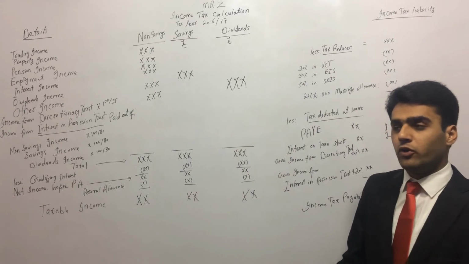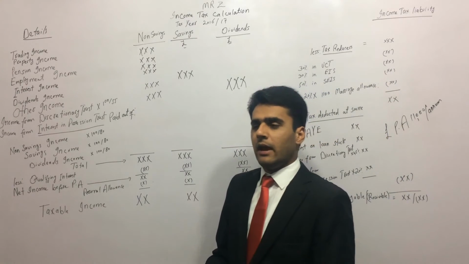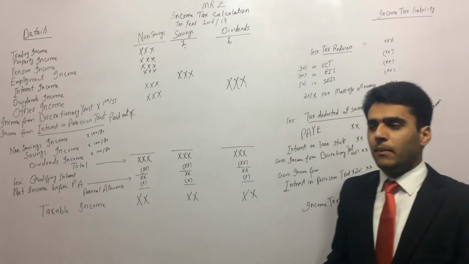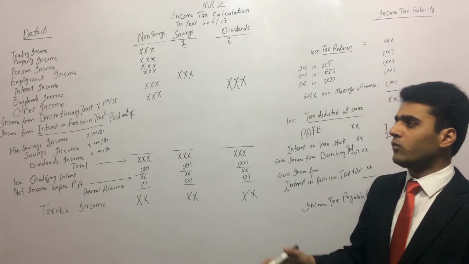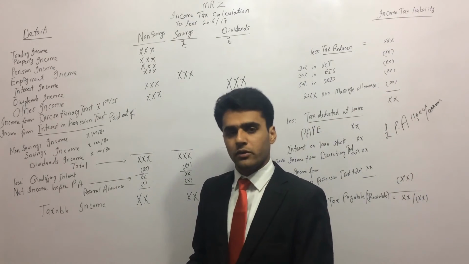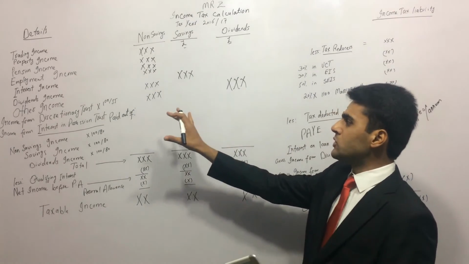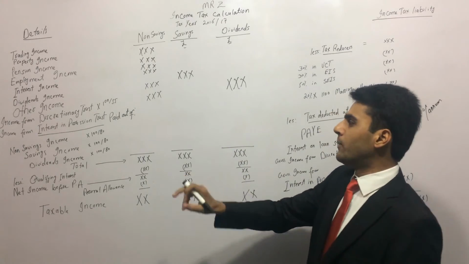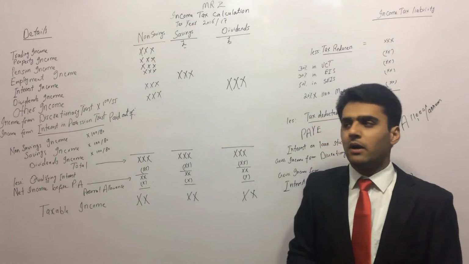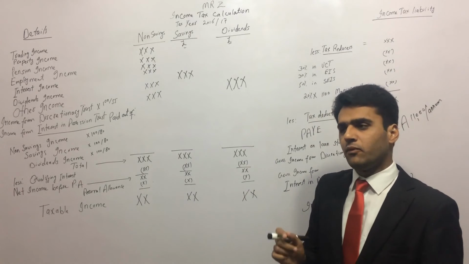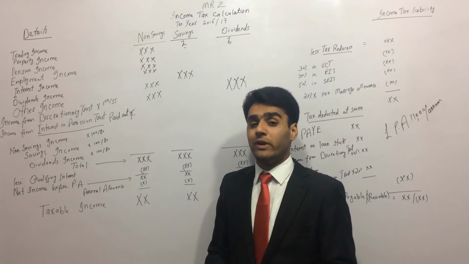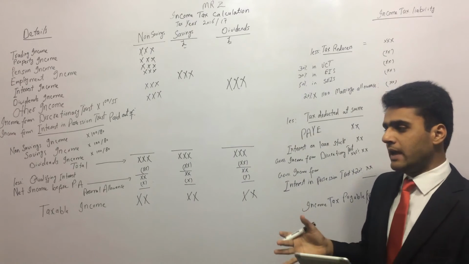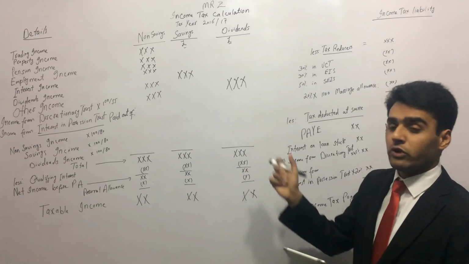Likewise, with interest income, we used to get it as net income, and we needed to gross it up to put that into the pro forma. But the new Finance Act says that we will always get the interest income as gross, so no grossing up needed. So we'll put the same amount which we get in the question into the pro forma. No need to gross it up, except for one source of income which we receive net, and that is also interest income.